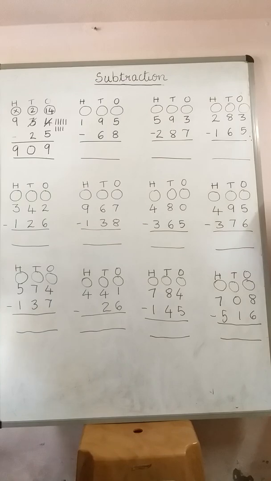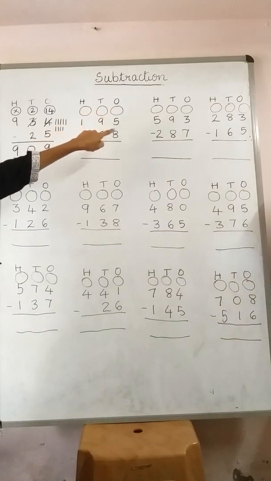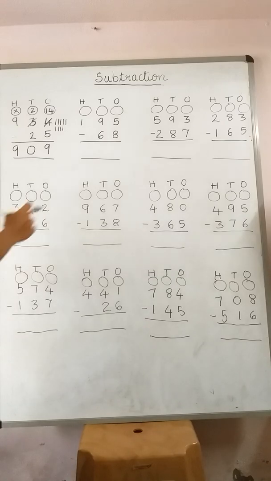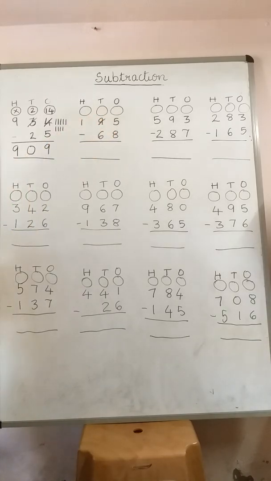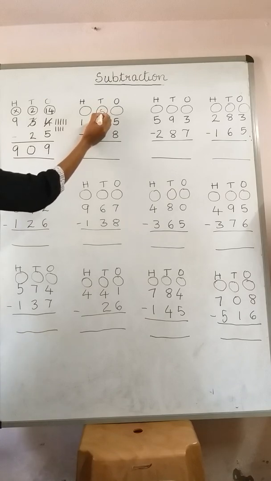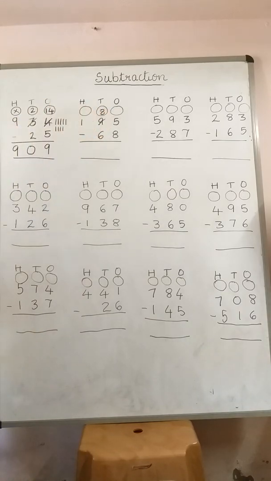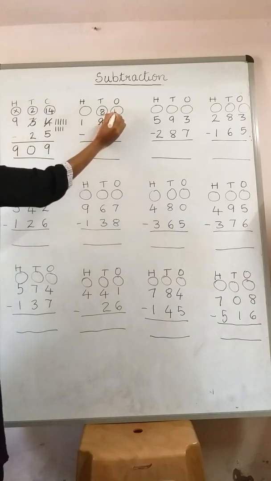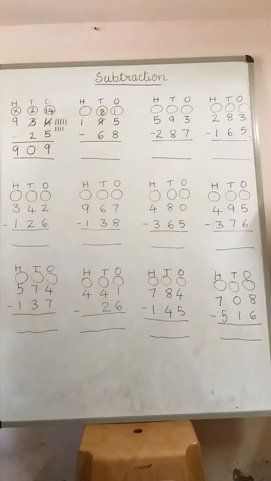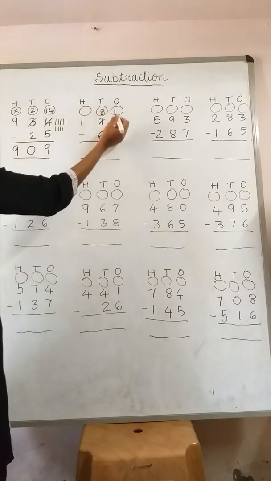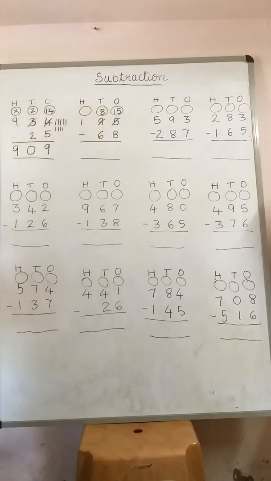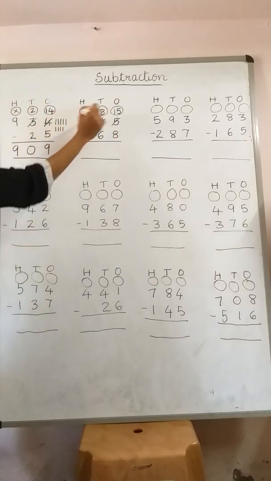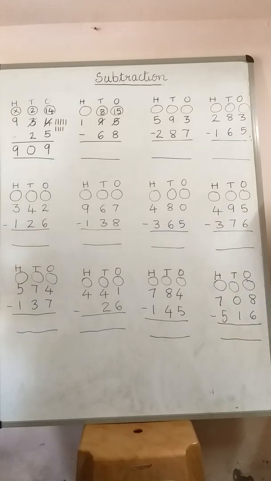Let's move to the next one. Here in the ones place there is 5 and below there is 8. Is it possible to take out 8 from 5? No, it's not possible. So what is the step? Strike 9 and write here 8, that is the before number of 9. Then carry 1 to the borrow. So 1 is borrowing. So you need to write 1 in the ones place. Then strike this number 5 and write here, the number is 15 now. As you borrow 1 ten, 10 plus 5 becomes 15. Now